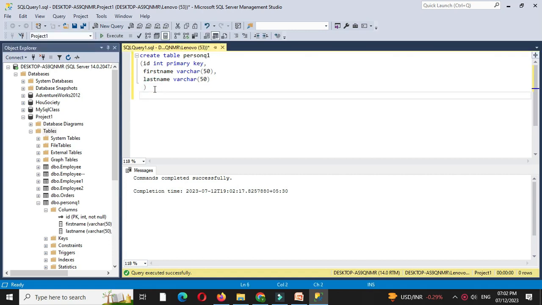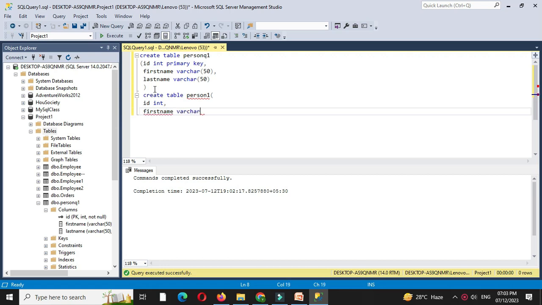Then we will create another table with two primary keys by adding primary key constraint. So create table person1, with field ID as integer, first name as varchar 50, last name as varchar 50 and email as varchar 50, and then we'll add primary key constraint as constraint name.